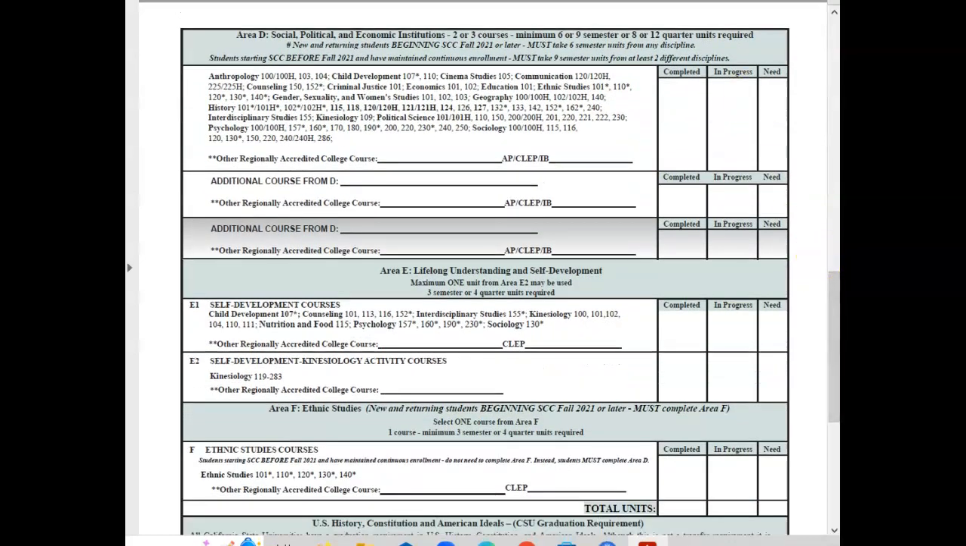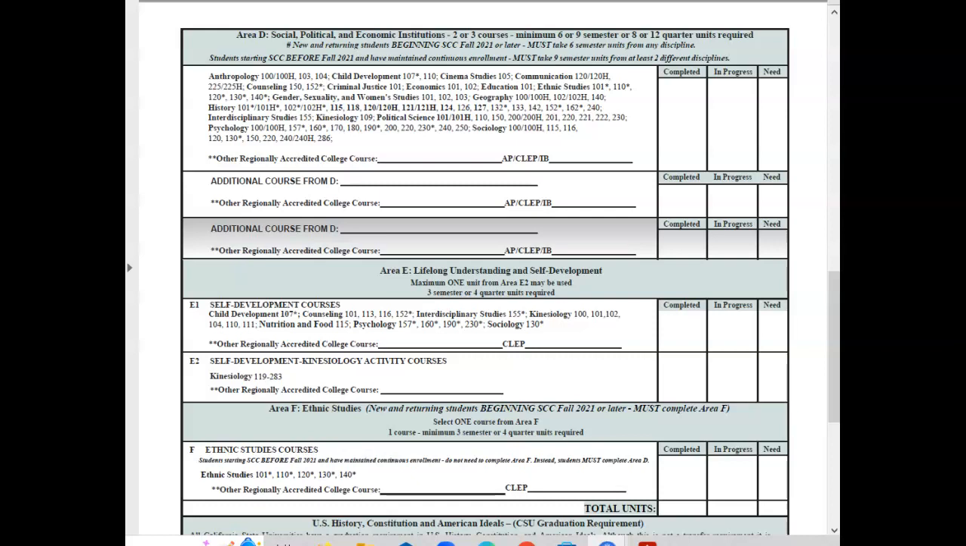However, I'm going to underline this as well. Students who started SCC before fall of 2021 and have maintained continuous enrollment, you must take 9 semester units from at least 2 different disciplines. So then you are not required to do Area F if you started before fall of 2021. It means that you can just pick 2 classes from this area, 3 classes from this area, but it must